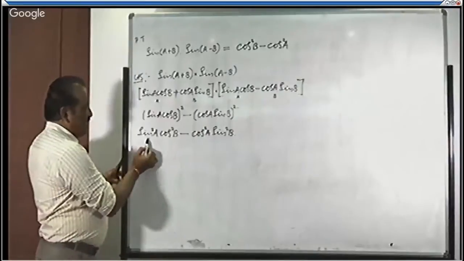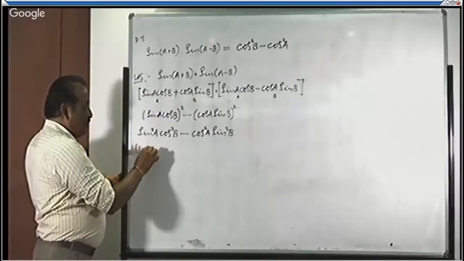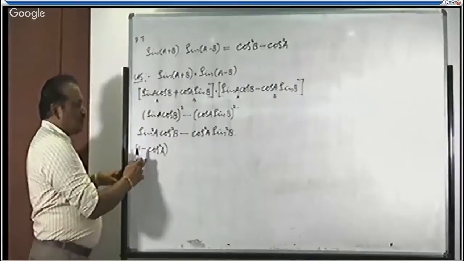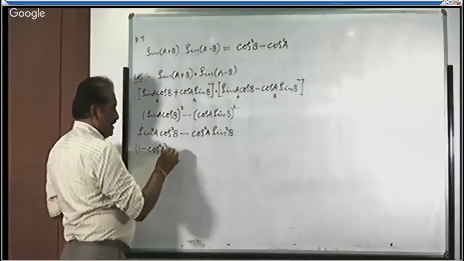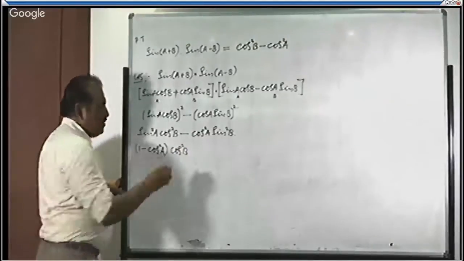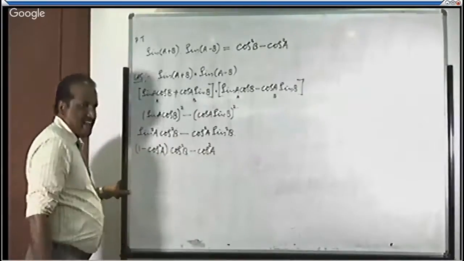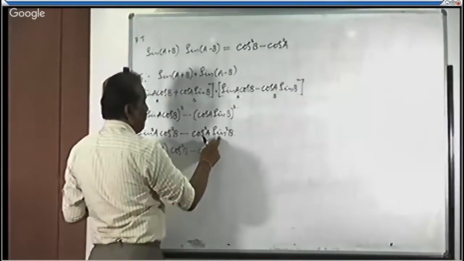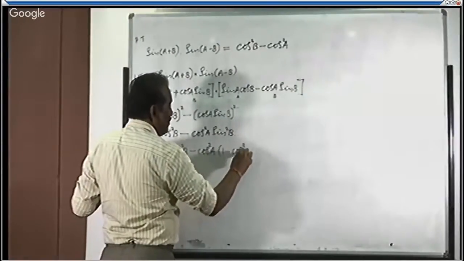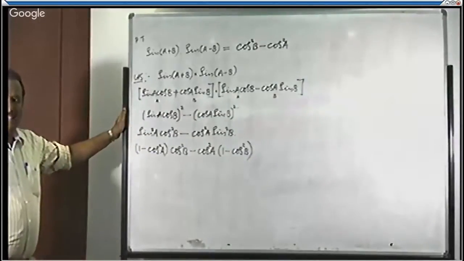So sin square A we don't want. That's why I just convert sin square A as 1 minus cos square A, because sin square theta is equal to 1 minus cos square theta. So now cos square B you have to write as it is, right? Minus, cos term we want on the required RHS, therefore cos square A write as it is. We don't want a sin function, convert it into cos as 1 minus cos square B, because again sin square theta is equal to 1 minus cos square theta.